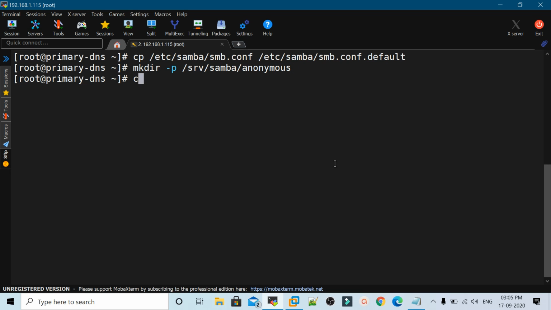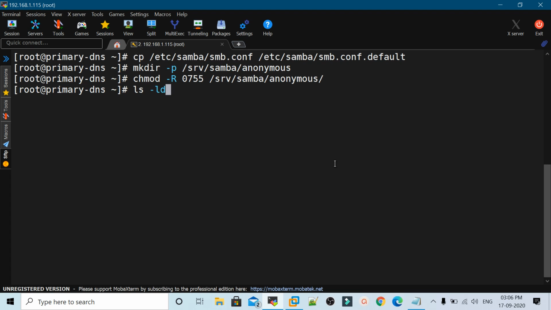Now I will modify the permissions on these directories. chmod -R recursively I will modify the permissions 0755 srv samba anonymous,